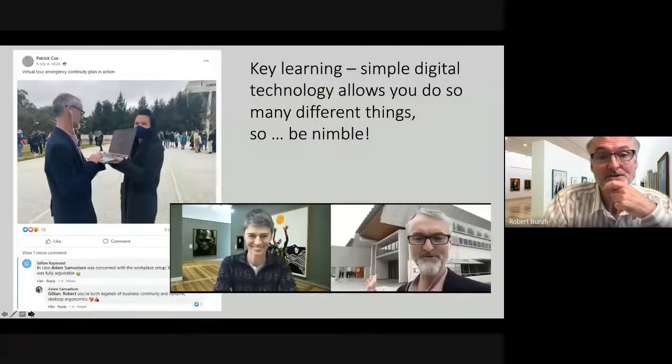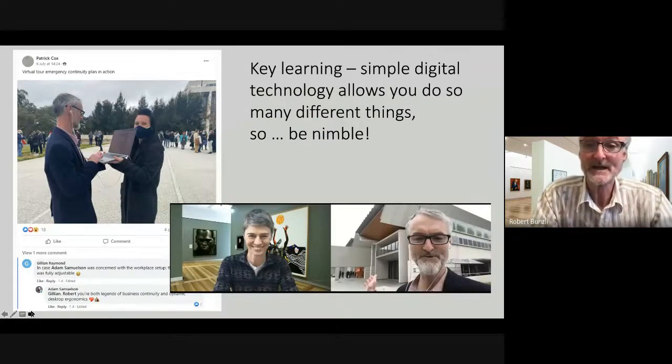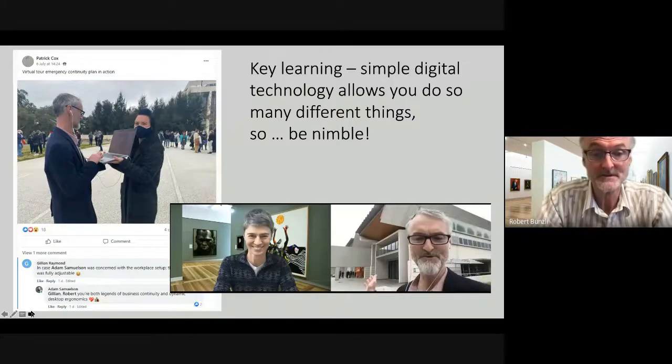And just finishing off, one of our key learnings over the last couple of years is that simple digital technology allows you to do so many different things. So just be nimble. In this very quick example, I was broadcasting with Marina in the middle there, who was at home during lockdown, and we had a bomb scare, and people opened the door of the studio and said I had to evacuate.